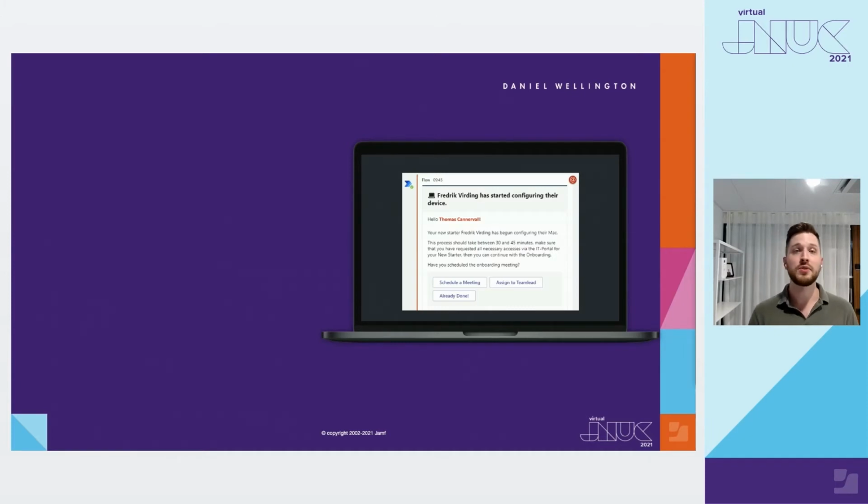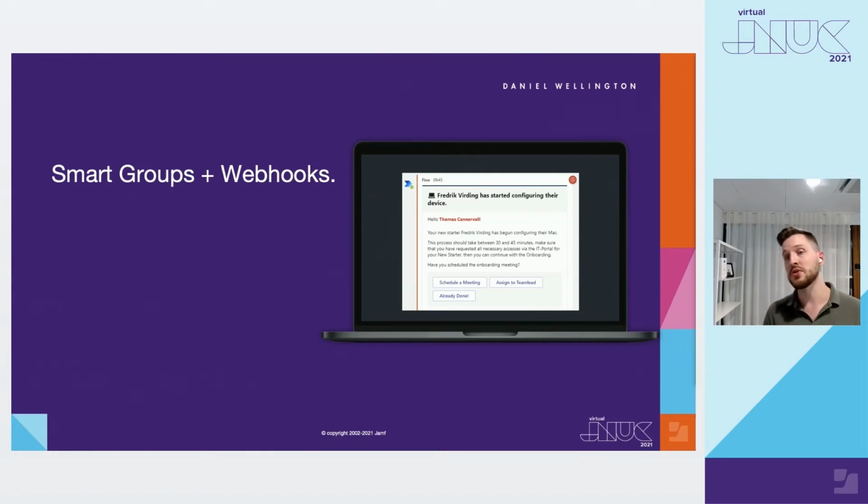And one of the really cool things that we built was the combination of smart groups and webhooks. So early on in the process, we had these local notifications running on the Mac, which is super duper helpful. But there are users in our environment who are Windows users or Android users. And we needed something to bring all of the useful information from Jamf over to their devices as well. So I had the good fortune of having a great colleague who is great with Flow and Power Automate. And lo and behold, now we can tweak every single notification in Teams to our users, whatever device they are on. And that meant that we can bring these two systems together and truly have them communicate in the best possible way.